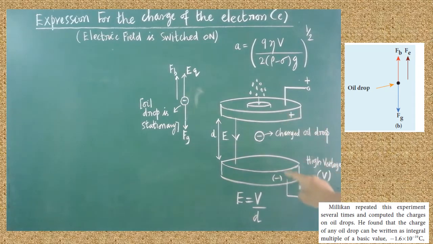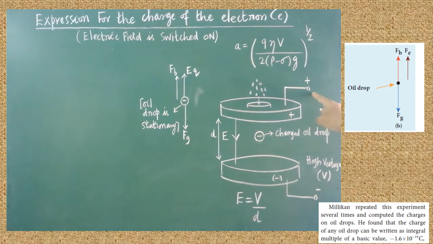Here two circular plates are there, already I have explained. From the atomizer, the oil drops are sprayed, and they are descending in the downward direction. When the oil drops reach the space, we have to focus on any one of the oil drops. Here you have to view any one of the oil drops through the microscope. The movement of the oil drop can be seen with the help of the microscope.